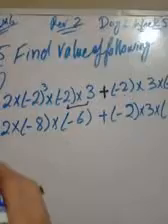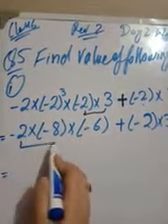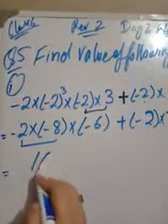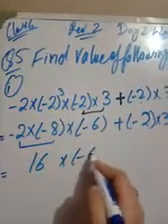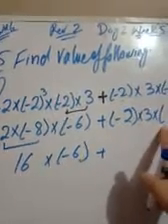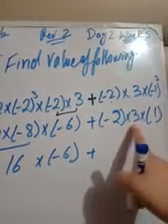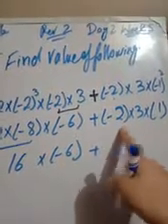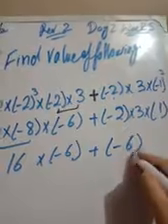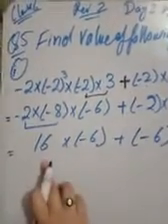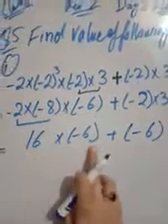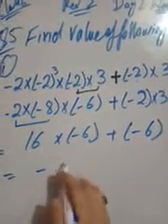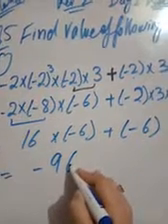Then as the 2 is a negative integer, 8 is a negative integer, so product of two same sign is a positive, it gives a positive 16, and minus 6 write as it is, plus 1 is a positive integer, 3 ones are 3, so 3 when multiplies with the negative integer minus 2, it gives a minus 6. Next, 16 is a positive integer, 6 is a negative integer. So product of two different sign is a negative, and 16 6s are 96.